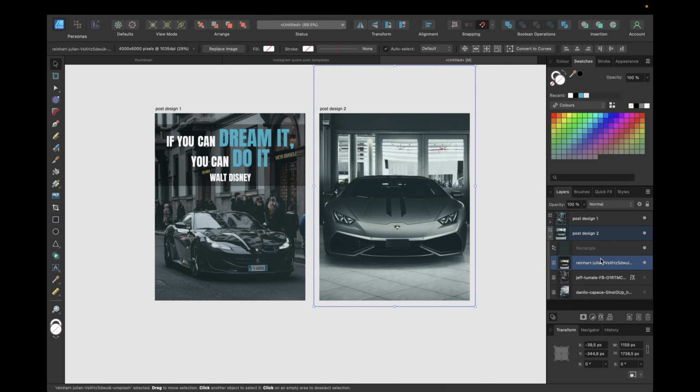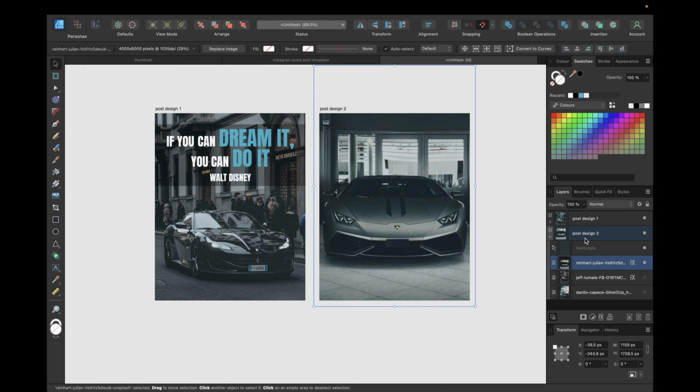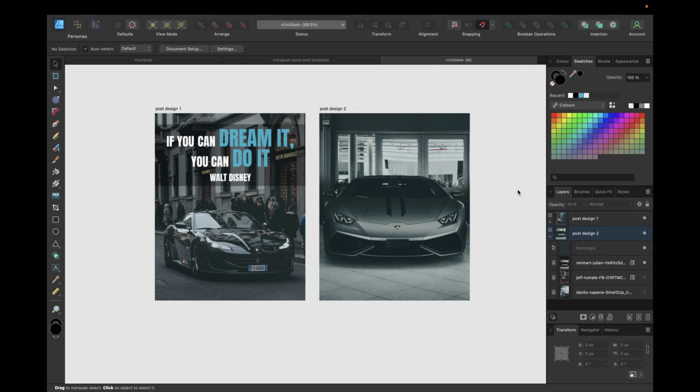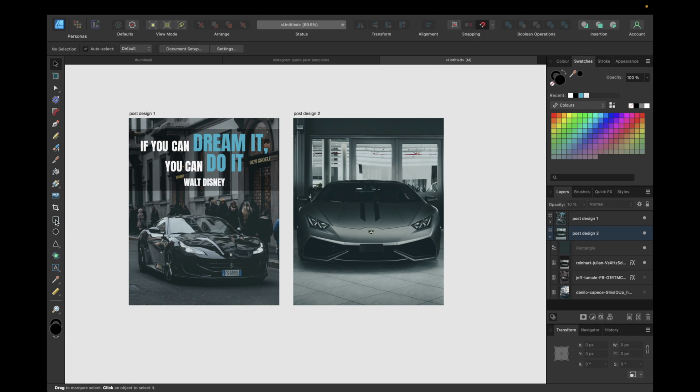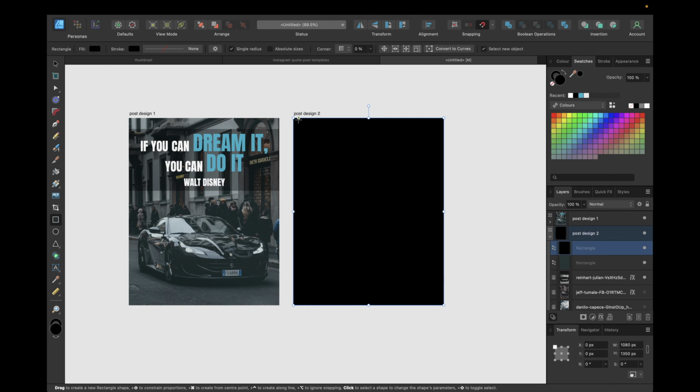That's looking good. And again, going with quick FX, going color overlay and 15%. We also have our rectangle with the color wipe overlay as 10% opacity. We've copied from the first post design. And for this post, we are simply creating another rectangle like this and making a little bit smaller, holding down